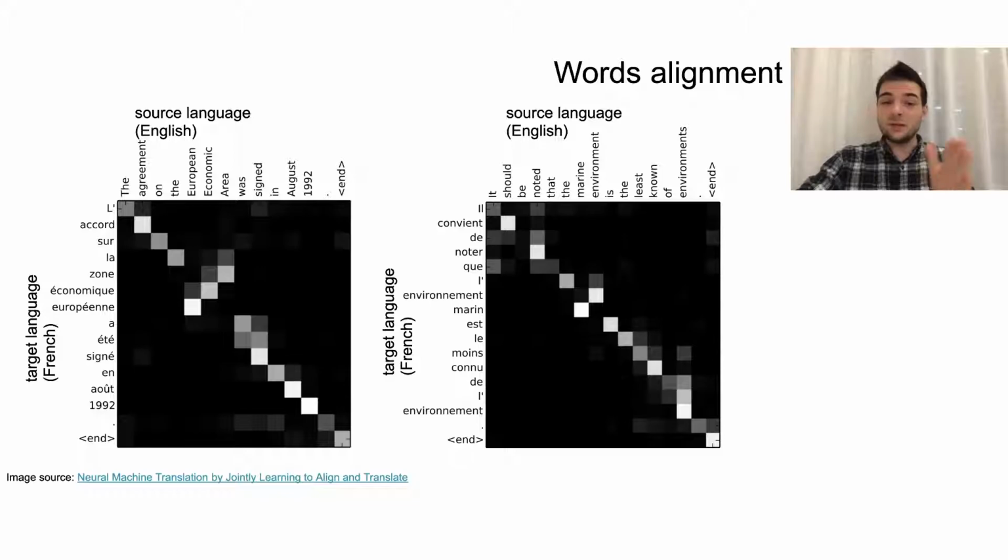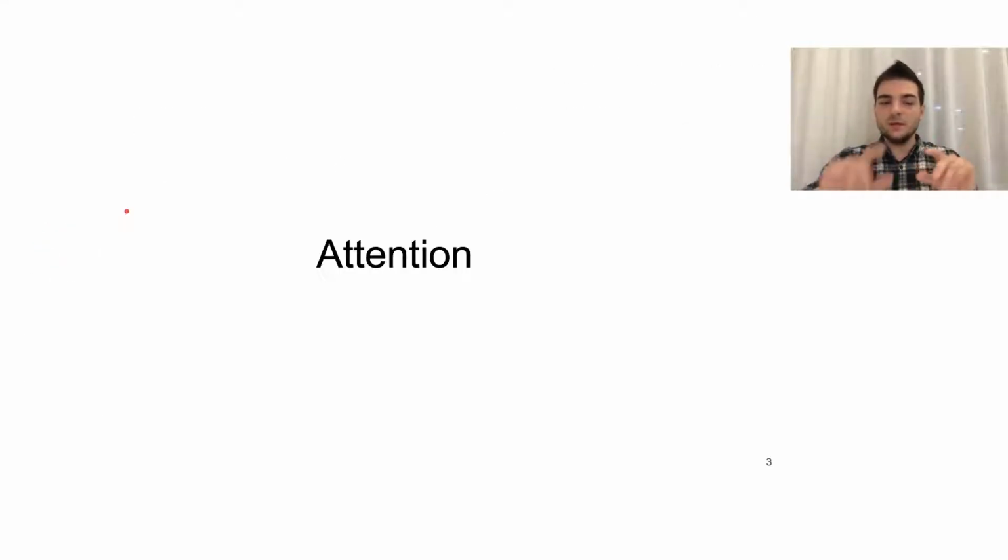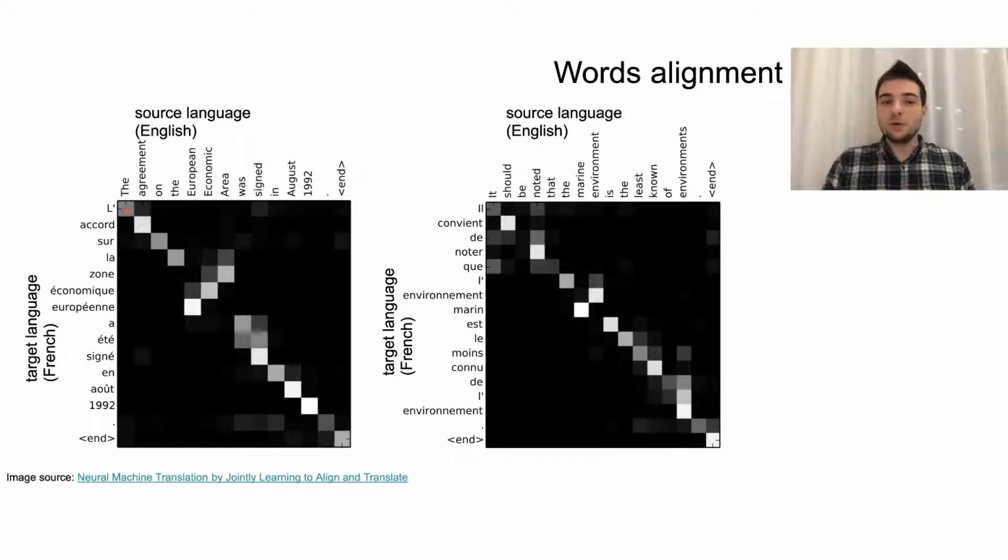So, just in case, what is word alignment once again? Here we see that if a square is white, it means that this word is being mapped into this word in the target language. Otherwise, if it's black, they're not connected. And when we discussed statistical machine translation, we said that these word alignment matrices were designed by linguists, by people who just by hand created these big dictionaries and dealt with it. And it was really hard work because it required a lot of human labor.